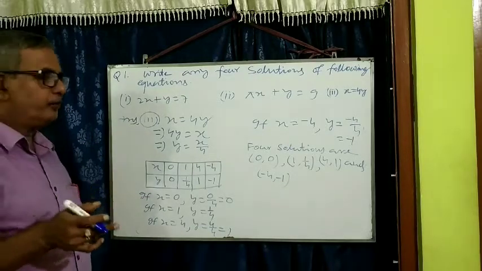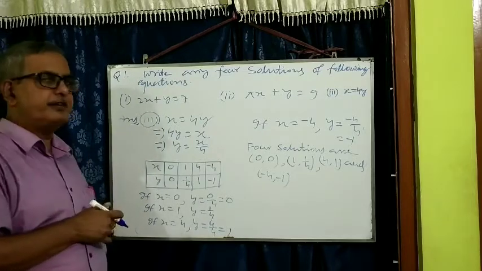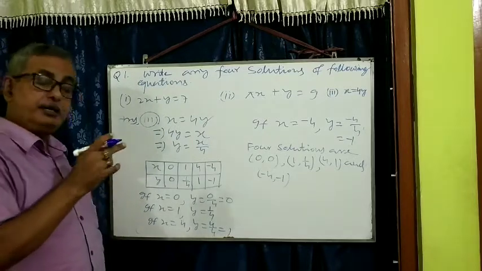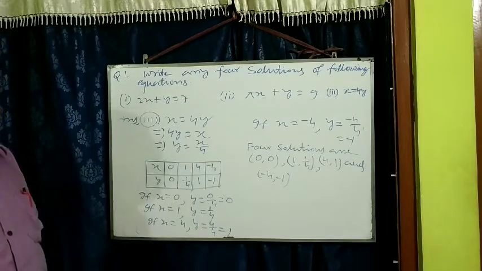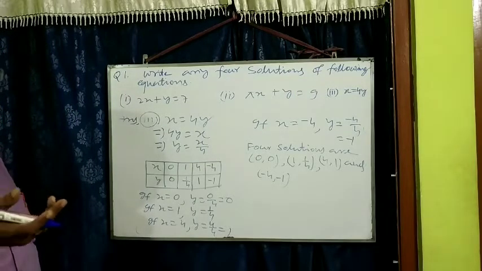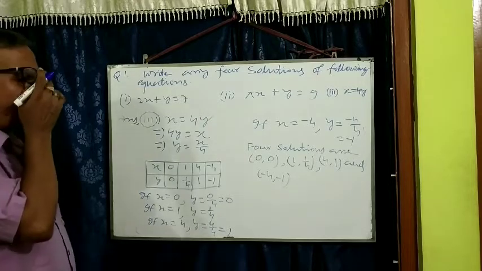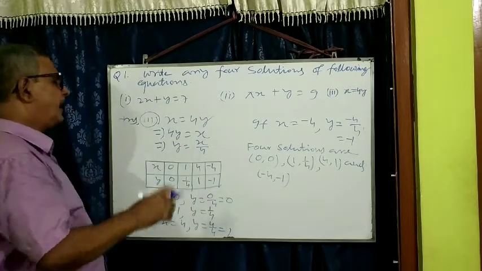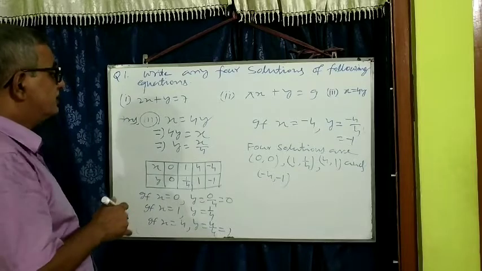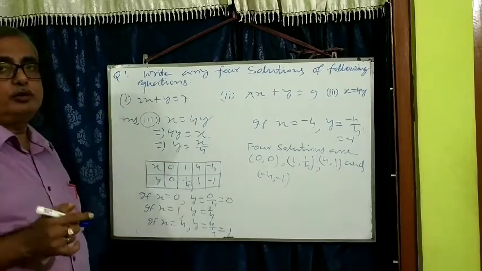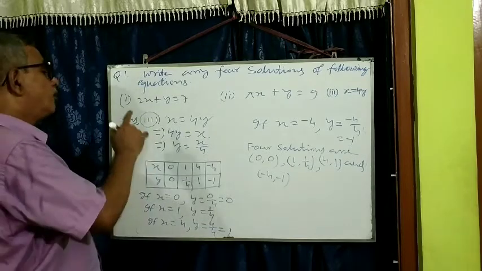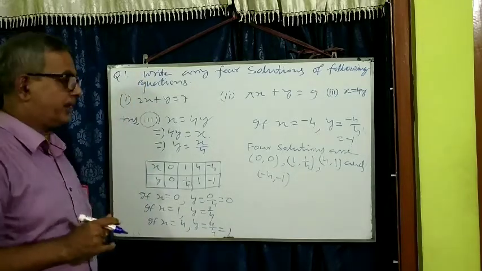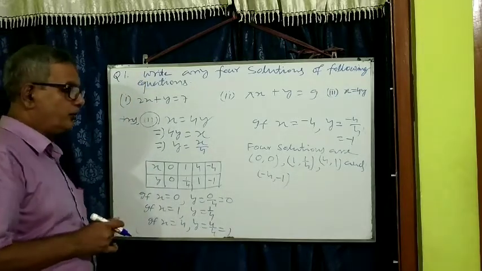One more thing: which variable is called the dependent variable and which the independent variable? X is called the independent variable because it is our fundamental right to take whatever x value I like. But the y value will come from the value of x. So the value of y depends on x. I think you understood.